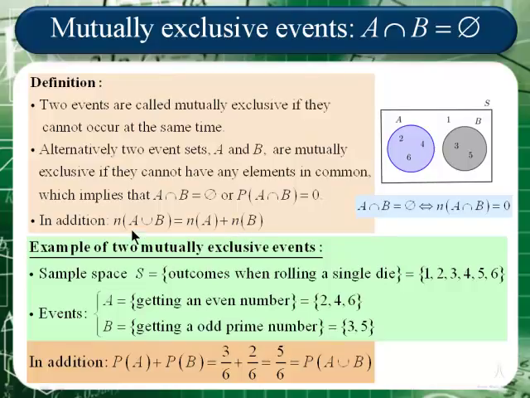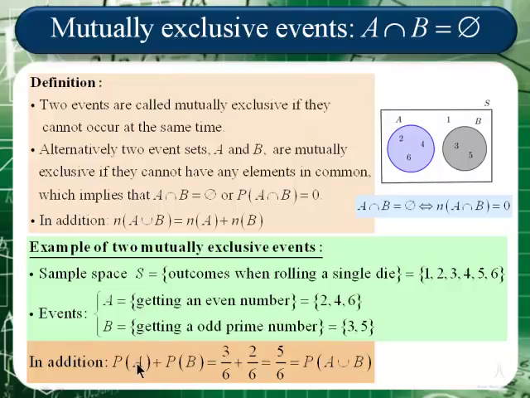Let's check it. The cardinal number of the union, that is 5, right? 3 plus 2, and that's the same as the cardinal number of A plus the cardinal number of B. In addition, when we have such a situation, we find that the probability of A plus the probability of B is equal to the probability of the union. For this specific example,